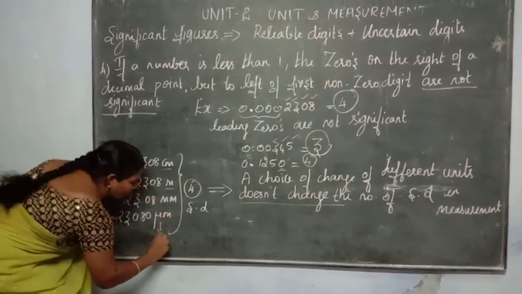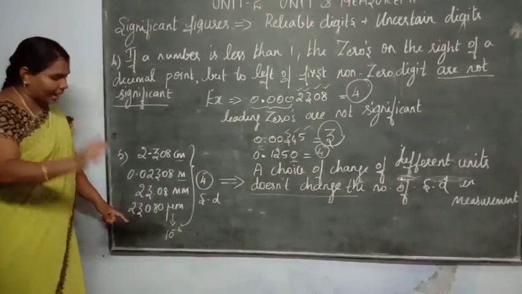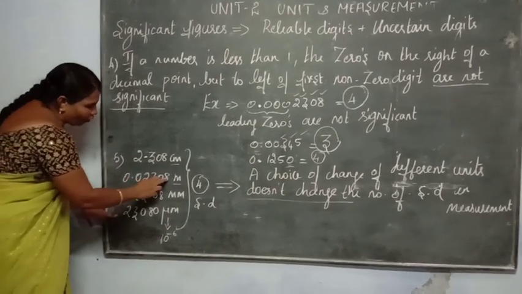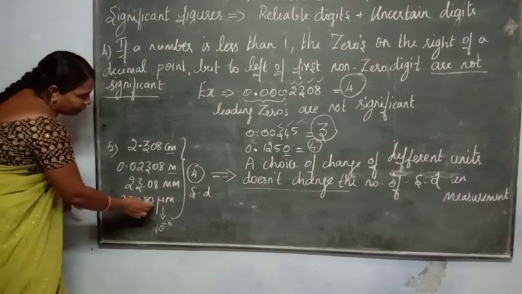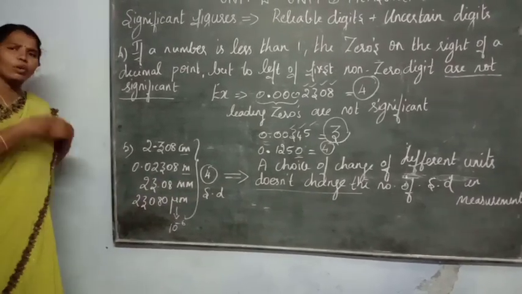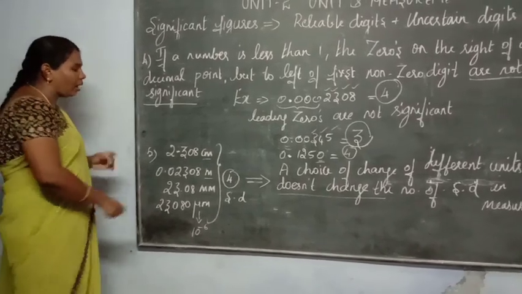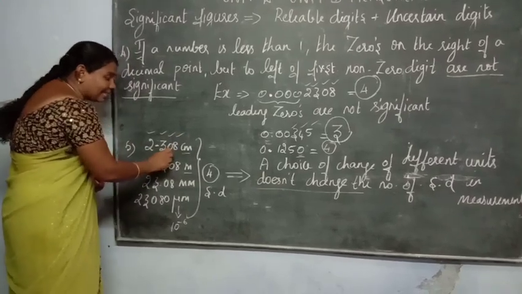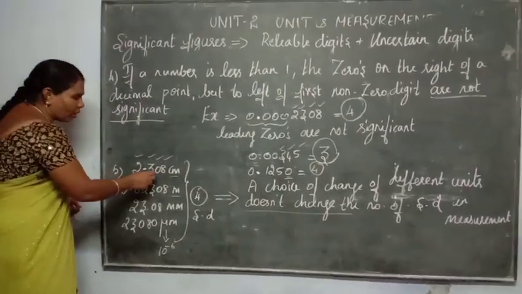Okay. And then see, micrometer. Micrometer means what? 10 to the power of -6. So, see here, 1, 2, 3, 4, 5. So, again you can add 6 values. So, 23080 micrometer. So, easily you can convert into any form. But see the number of significant digits here, count it, 1, 2, 3, 4. You can count this 0 because the 0 lies between two non-zero values. So 4. Here also 4.